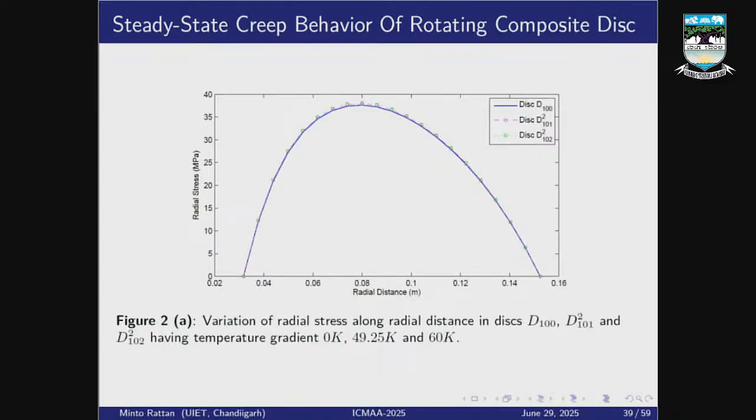100 having uniform temperature along the radius shows very minor reduction as compared to disk 101 and 102 having decreasing linear and non-linear temperature gradations of 0 Kelvin, 40